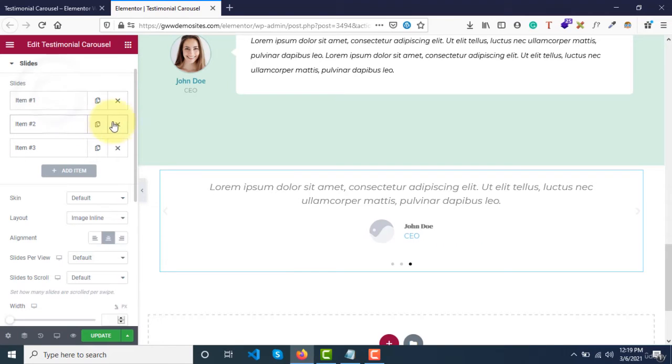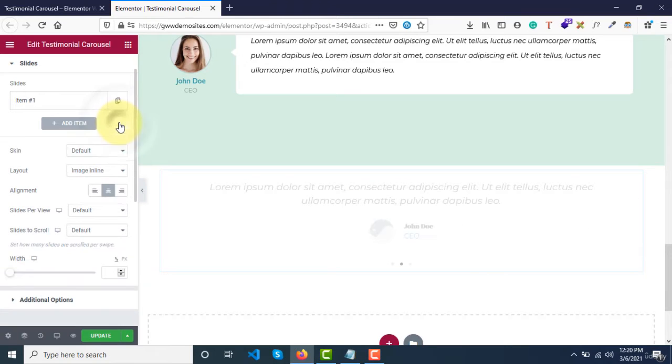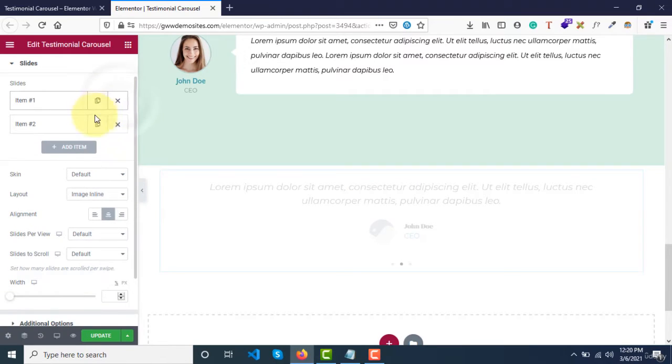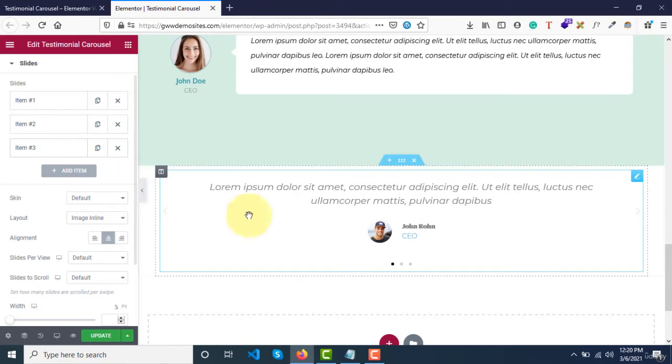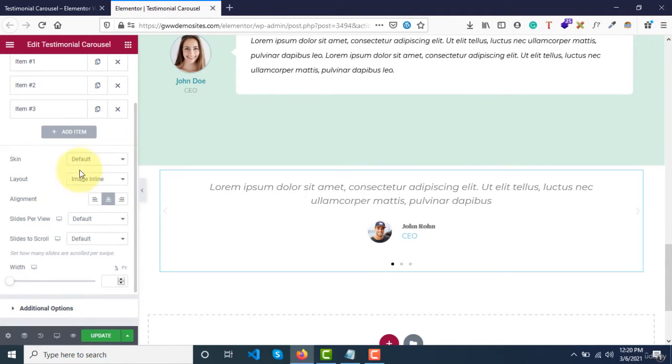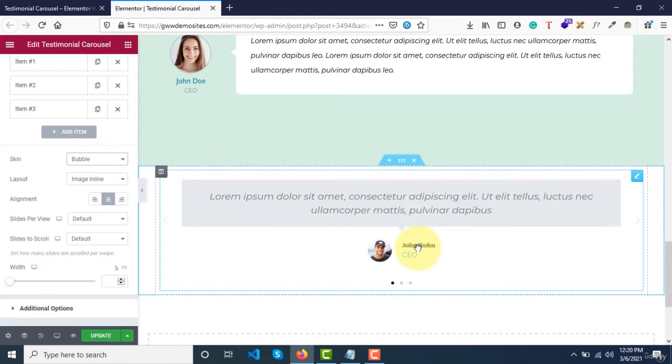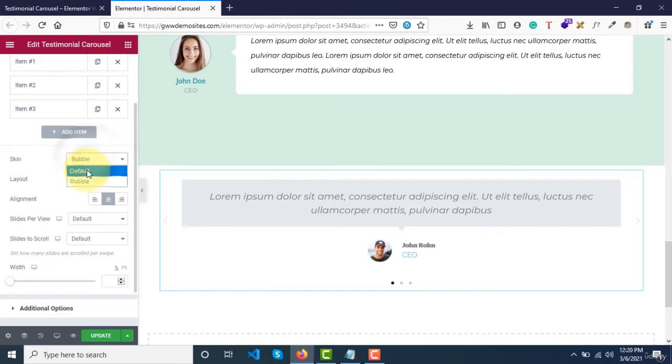Similarly, you can create more items. Let me just delete the remaining 2 and simply duplicate this, so that we have the same testimonial 3 times. We can simply duplicate it, and then you can decide the skin. Do you want it to be the default one, or do you want it to be bubble? If you want it to be bubble, you can have it like this, and if you keep it default, it will look something like this,